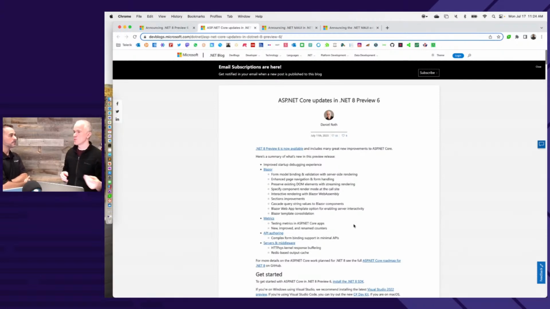We are continuing to push on providing more integration with Blazor for developers that are already using MVC and Razor pages. We're providing a Razor component result that you can just return from an MVC controller. So instead of rendering a view, which would be return view, you can return a Razor component result, which will render a Blazor component instead. That will be an option available to MVC developers. You can use that same result even from a minimal API. Let's say you send a request to a simple little minimal API and you want to render some HTML. You can just return a Razor component result and render a Blazor component. That was also supported in .NET 8. Nice.